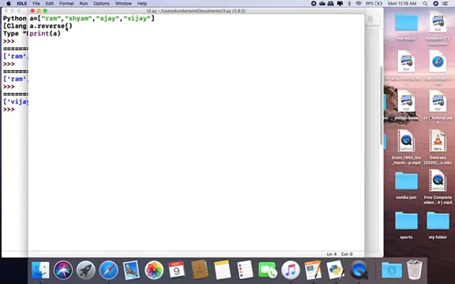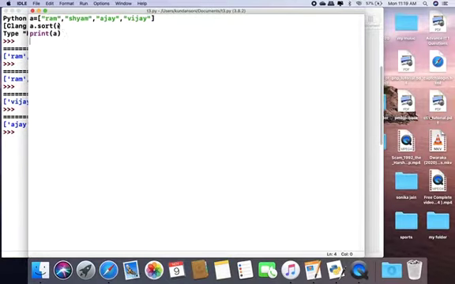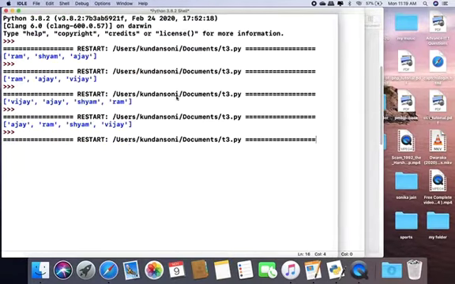A dot sort. So I print A. So you can see all the elements coming in ascending order. If you want to do it in reverse order, then we have to write here reverse equal to true. So I save it, then my list will be printed in descending order. You can see here all elements coming in descending order.